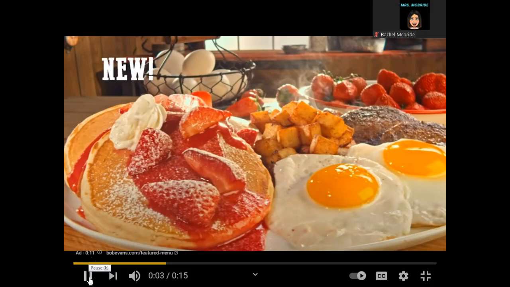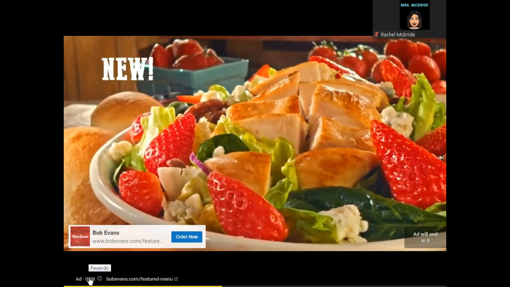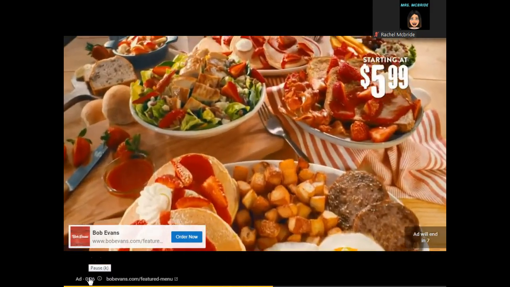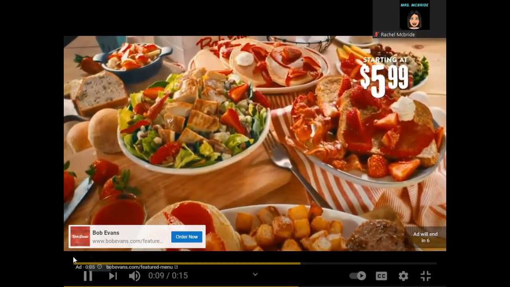It's strawberry season down on the farm. Evan's new summer recipes, loaded with vine-ripened strawberries, starting at $5.99. It's farm fresh from